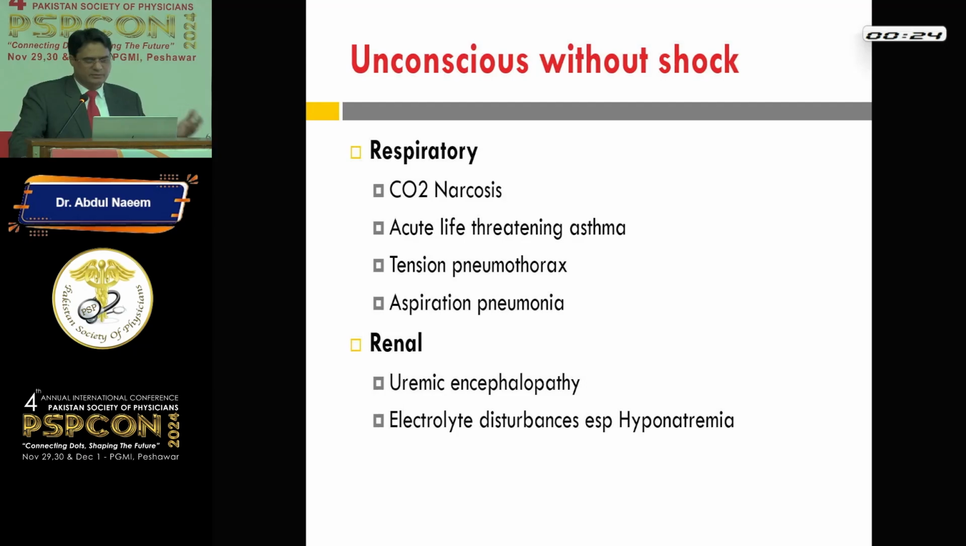Sometimes they need more oxygen, sometimes they need less oxygen, and they are using the same settings of BiPAP at home, so it is common for them. Acute life-threatening asthma, because they are taking inhalers at home. Some patients cannot afford to go to hospital, or they have some restrictions. Tension pneumothorax, aspiration, we have discussed. Uremic encephalopathy is another cause. So you have,